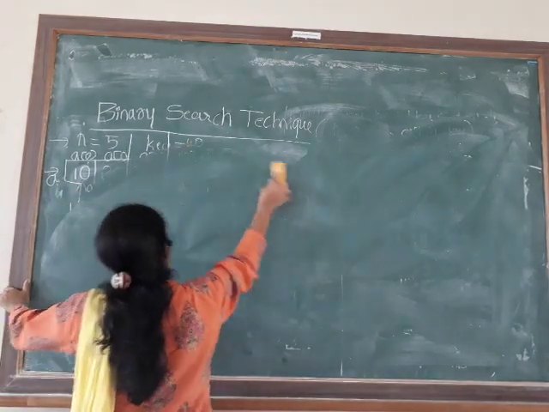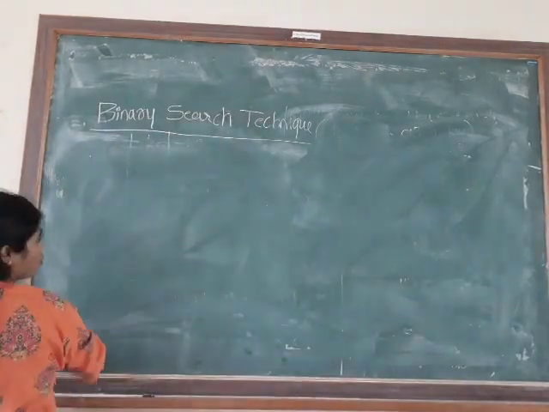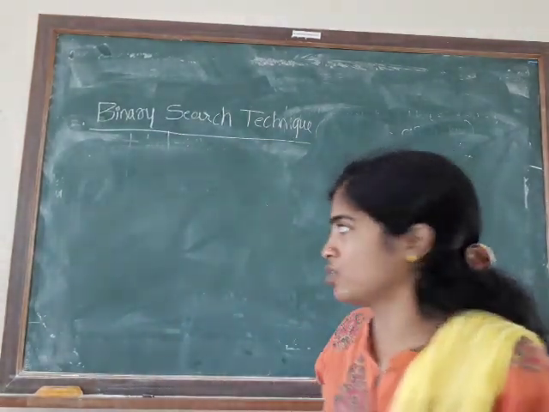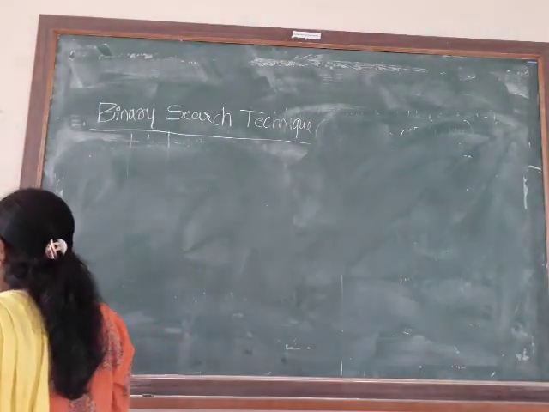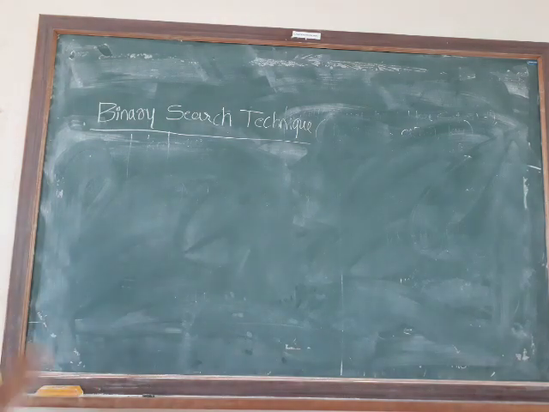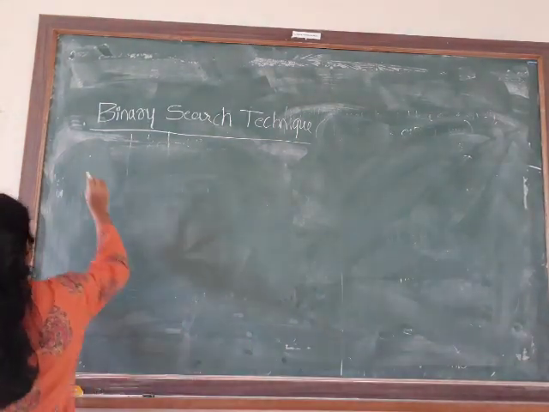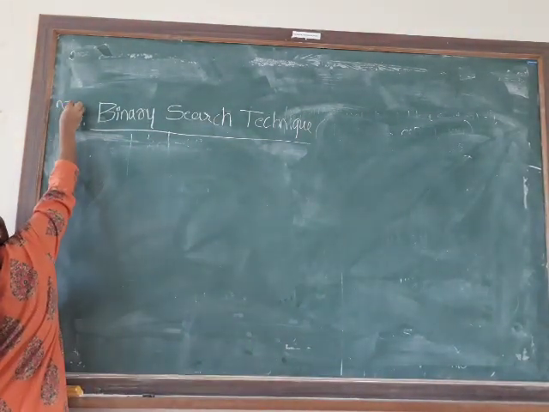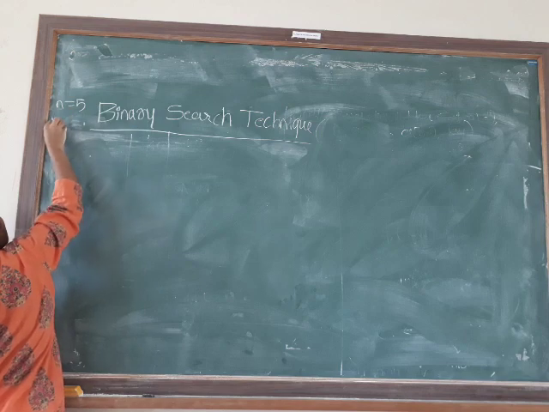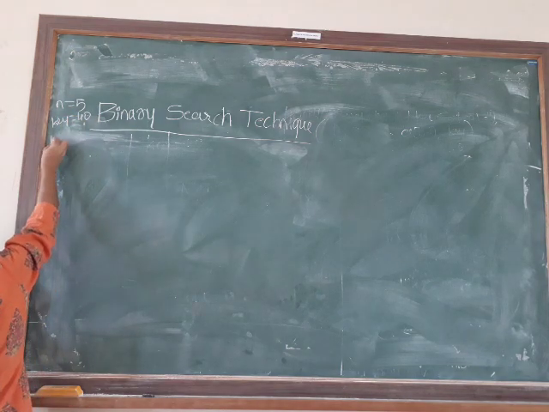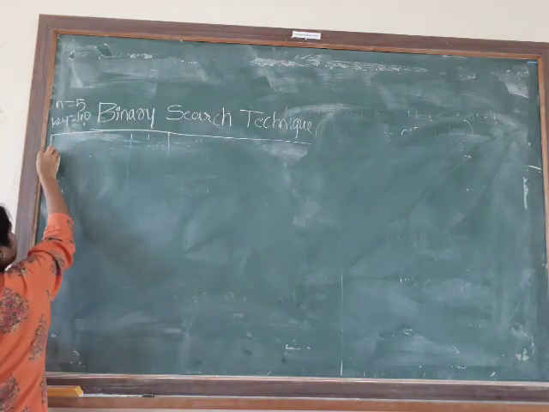So let me build the same logic now. Whatever I have told you is just the introduction. Now with the same inputs, let me implement the C program. What are the inputs I have taken? N is equal to 5, key is equal to 40, and array elements as